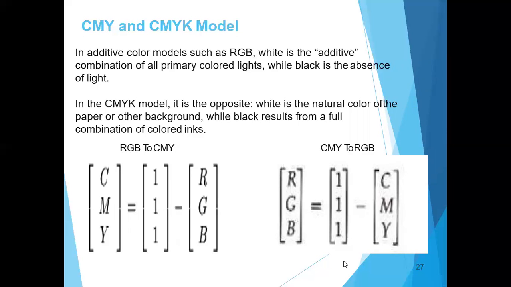This is the equation we are using. What is CMY? CMY is obtained from white. So (1,1,1), white, minus RGB gives CMY, and white minus CMY gives RGB. So they are complementary in nature. If you want to convert RGB to CMY, just remove the RGB color values from white and you will get CMY. To transform CMY to RGB, RGB will be equal to (1,1,1) minus CMY. This is the CMY and RGB relationship.